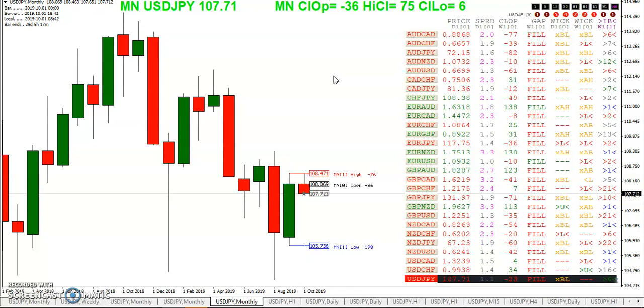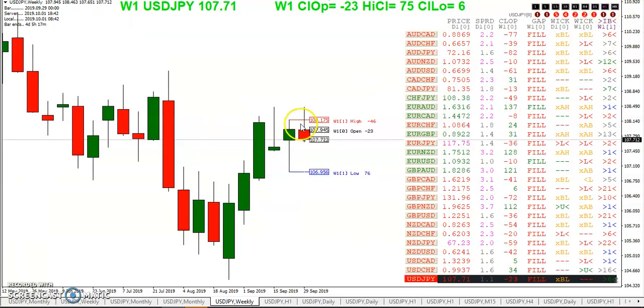Other than that, you don't really have a monthly gap. But right here, 36 pips below the open, 76 off the high. There were pips to be made here. Lots of pips to be made already on the first trading day of the month. Okay, well, we can switch this back over to the weekly, and you can see here, we broke out